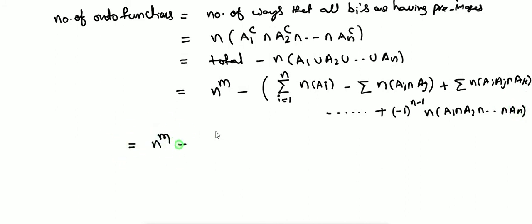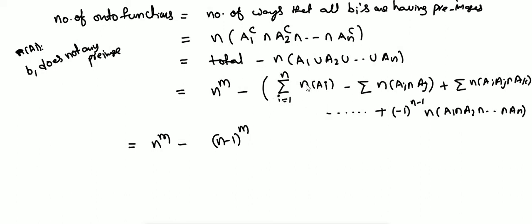So that means we need to relate all remaining n minus 1 elements. So the number of functions from a set containing m elements to n minus 1 elements is (n minus 1) raised to m. But this happens with each and every element of the second set B. There are n such elements, so n choices. So finally this term gives us nC1 times (n minus 1) raised to m.